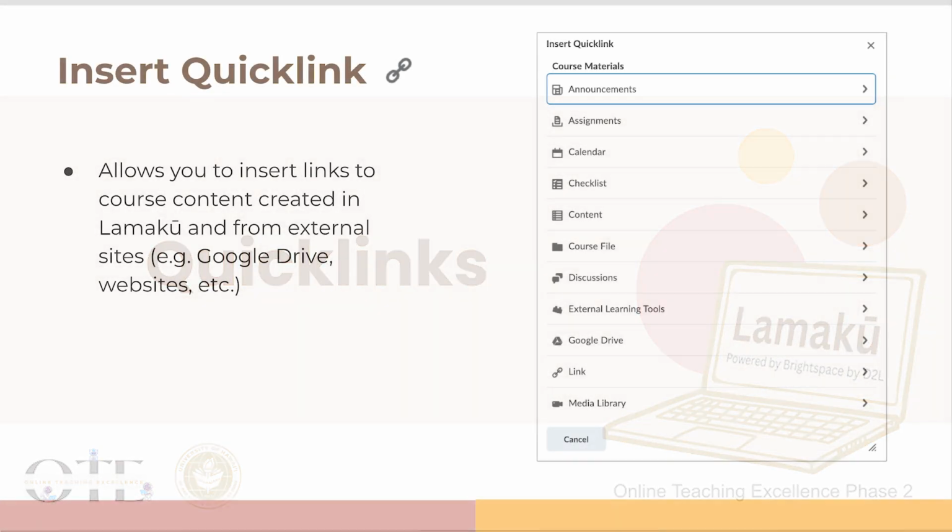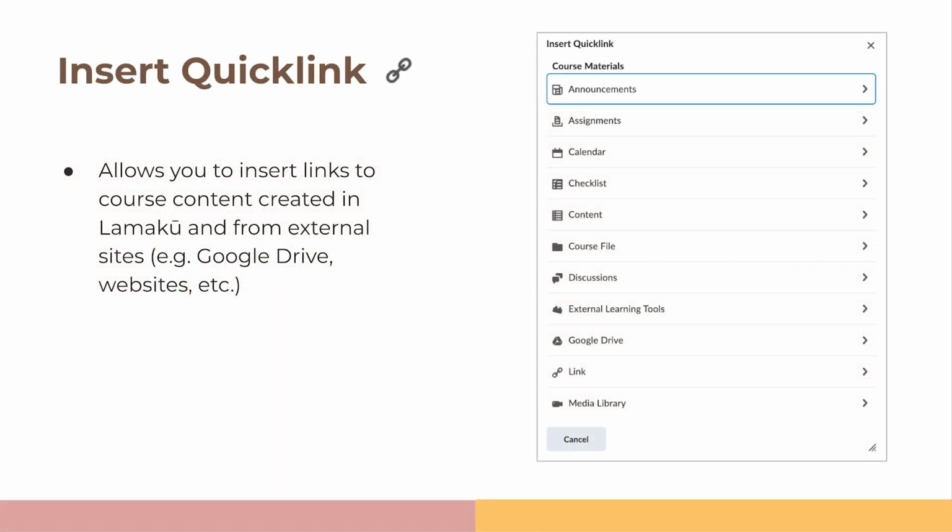Quicklinks. In the last video, Helen showed you how to use the Insert Stuff and Insert Other features in the Brightspace editor. Let's introduce Insert Quicklinks, another Brightspace editor feature. Insert Quicklinks is represented by the link icon, and it allows you to insert a link on a web page, which will direct students to course content that is created in Lamaku or from external sites or third-party tools like